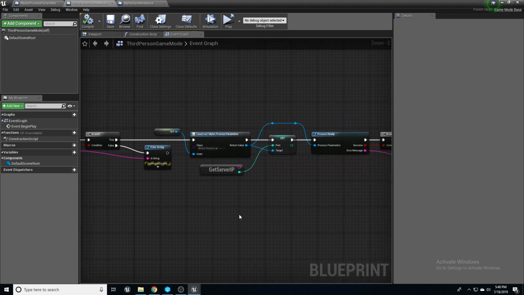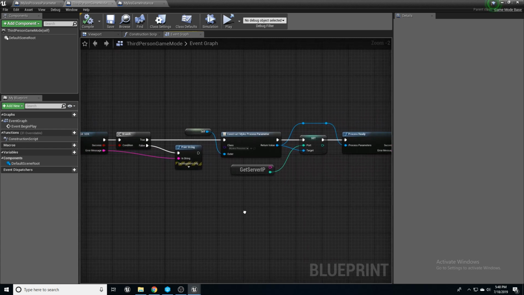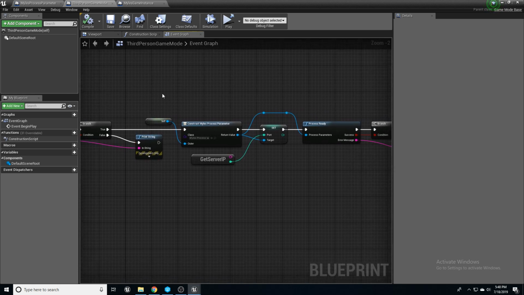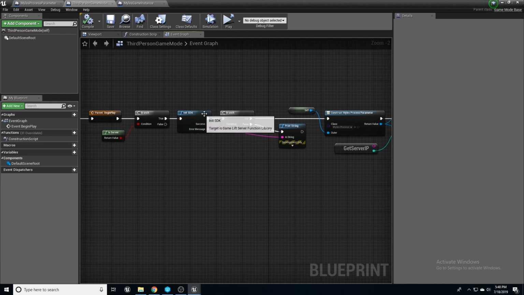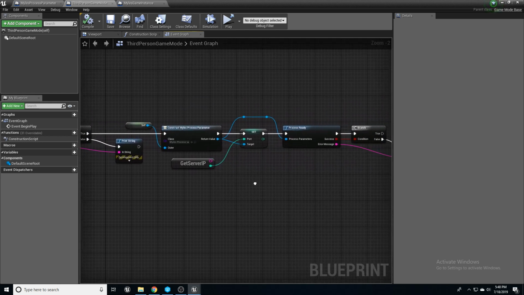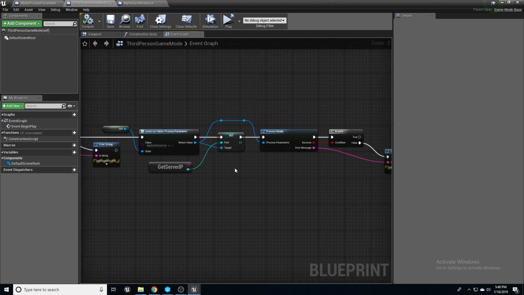You'll get an error on Gamelift if you don't do this, so it'll just say the SDK has not been initialized, so make sure you do that. I've gotten that error, so I know. Then, if it is a success, come over here, construct your process parameters, and set the port to the server IP,